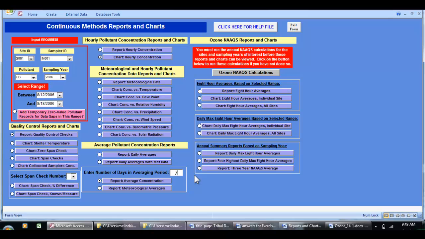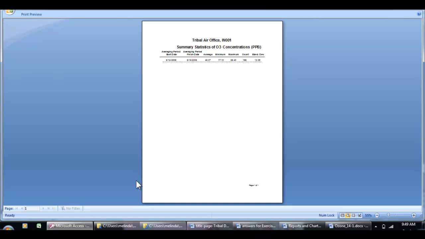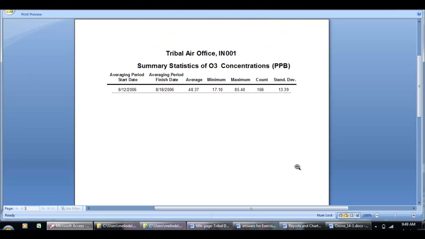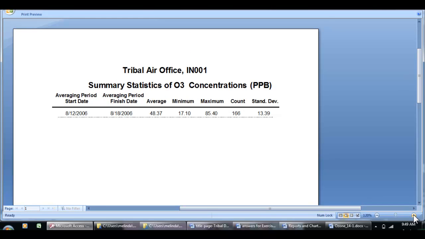So we're going to type in 7 beginning on the 12th, and then we're going to generate a report for average concentrations for that time period. Can't see it well? Click the screen to zoom, and you can also click these zoom in buttons down here to see it larger, and you can see it gives you